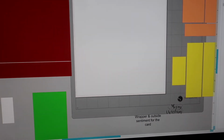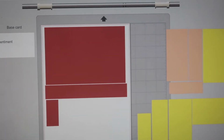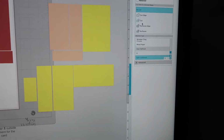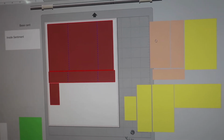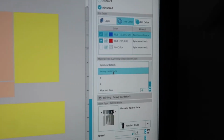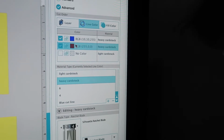Okay, so I'm going to put back my pieces now. Okay, so I have all my red pieces ready to go. I'm going to click Send to Silhouette, and then I'm going to adjust my cut settings. Now this is all for more like the base of the card, so I'm cutting this out on heavier weight cardstock. So I'm going to select heavy cardstock here for both the blue dotted line and the red